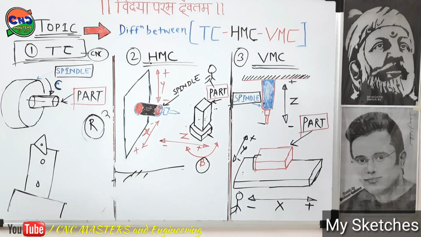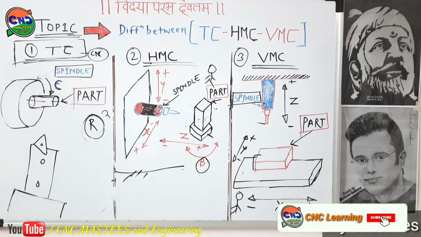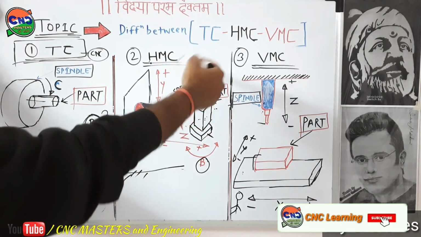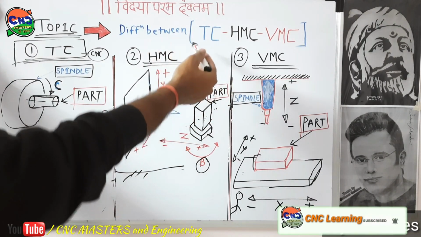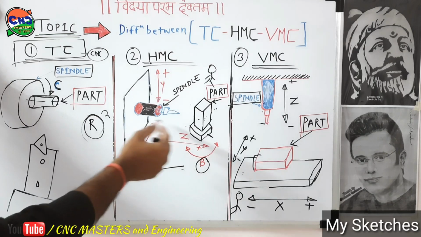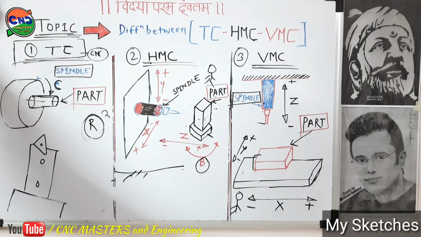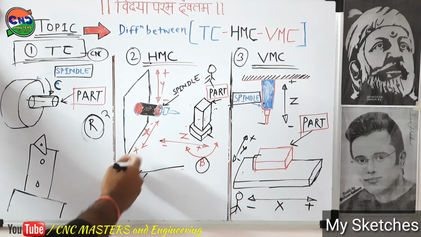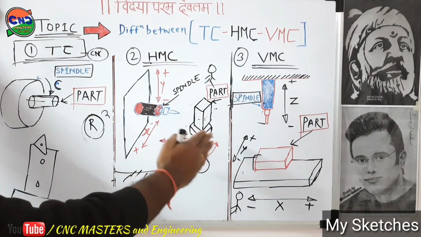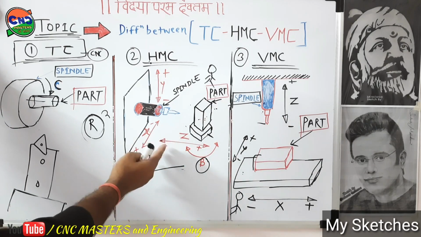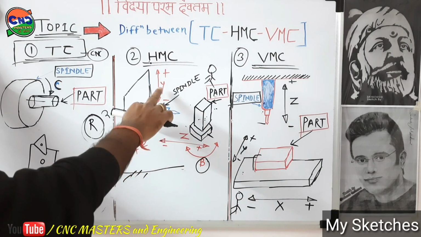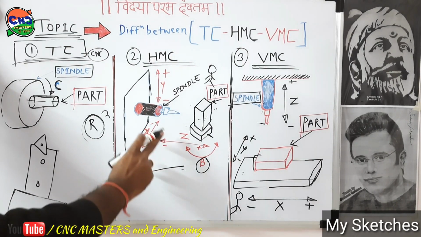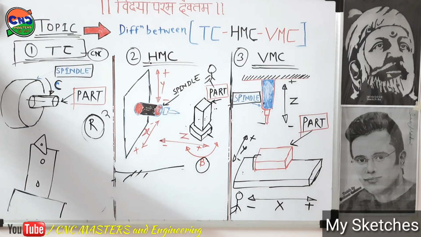This is a tombstone type fixture which is used in HMC. So the operator is always on this side or that side. Maybe you can see the plus and minus signs, you can find them on Google, and maybe I will also explain. This minus will be that side and plus will be that side. Z plus will be this side and Z minus is near the spindle. Y will be plus on the upper side and minus on the downside. So this is the geometry of HMC.